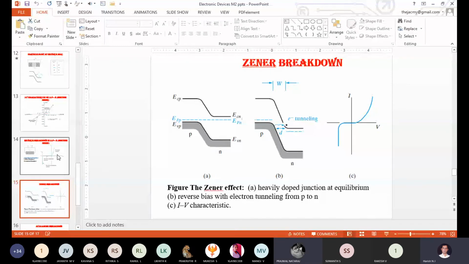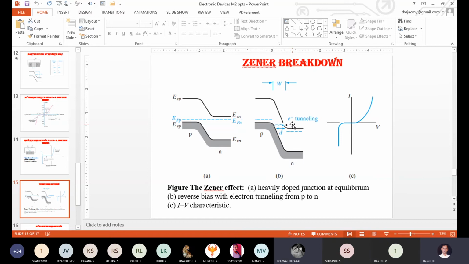Okay, so now we will see it in detail along with the energy band diagrams, correct? Now coming to the first type of reverse breakdown mechanism, it is Zener breakdown. What is the meaning of Zener effect? Any idea? Electrons, narrow depletion regions. Yes, narrow depletion region. Okay, fine, exactly, you are right. It operates in the reverse bias.